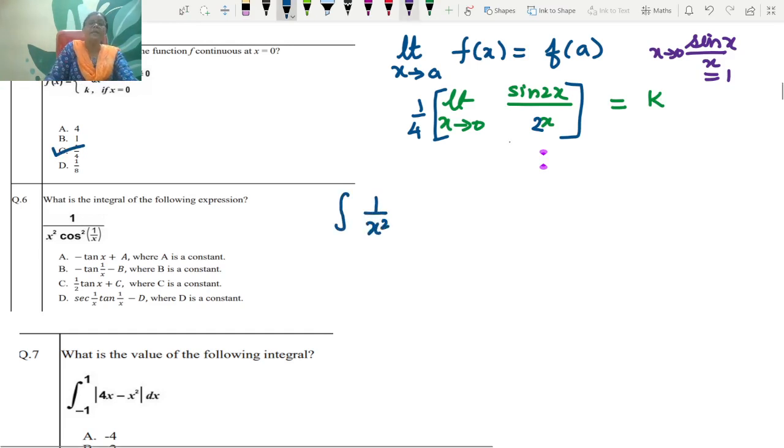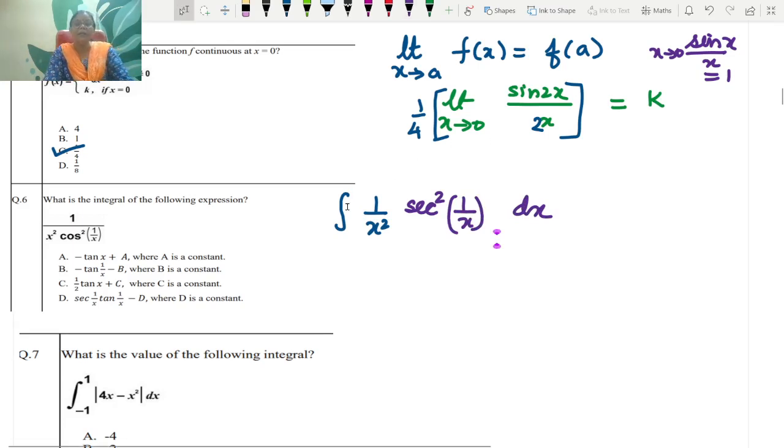The next question, integration of (1 upon x square) sec square (1 upon x) dx. जैसे ही आपने sec square में 1 upon x देखा, तभी तुरंत आपको समझ में आना चाहिए कि ये एक्चुअली 1 upon cos square नहीं होगा, इट इज sec square of 1 upon x dx। और नेक्स्ट थिंग, आपको क्वेश्चन देख के लग रहा है इट इज मल्टीप्लीकेशन, दो फंक्शन से मल्टीप्लाई, इंटीग्रेशन में अनलेस until it is two different functions multiplication, we should not see it as a multiplication।